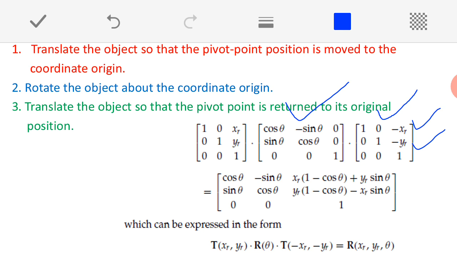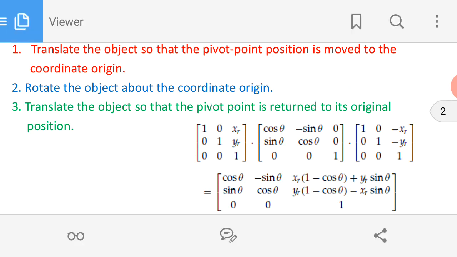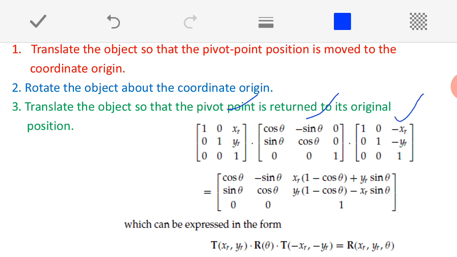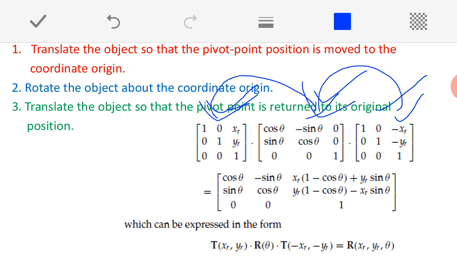Okay. Once it comes and sits on that origin, I know how to perform the rotation about the Z axis. So, I will be applying the rotation matrix. Once I perform the rotation, I need to move that object back to its original position. So, I am going to perform the retranslation with the same xr and yr translation factors, so that the rotated object will be moved back to the original position. Okay. So, all these three steps have been converted and written in terms of the matrices. Look at this. My first step translation, second step rotation, third step once again translation, means translation followed by rotation followed by retranslation.